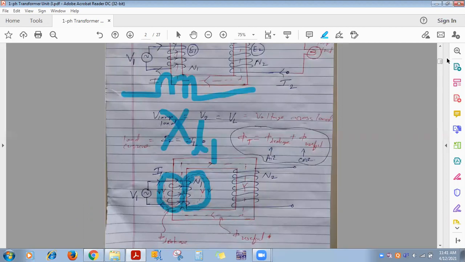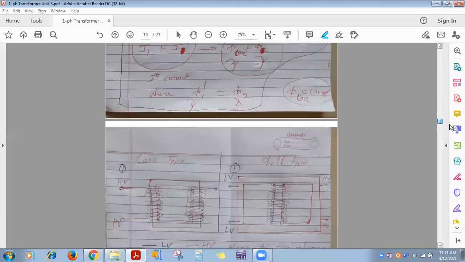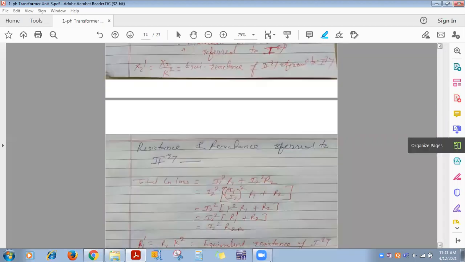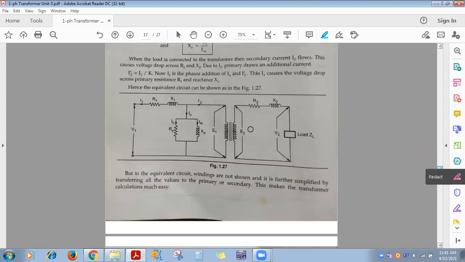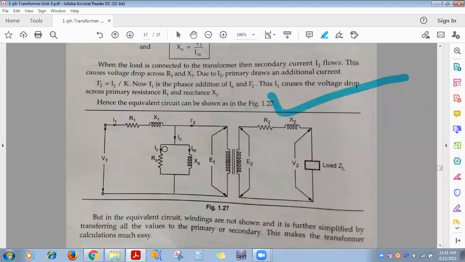In the equivalent circuit of a transformer, which I show you here, see, this is called the equivalent circuit of a transformer. Now no one will ask you to draw it because it's an online exam, MCQ pattern. So you just understand the parameters. Questions based on its parameters you may get asked, but not to draw it.